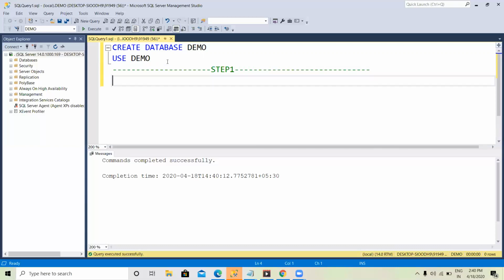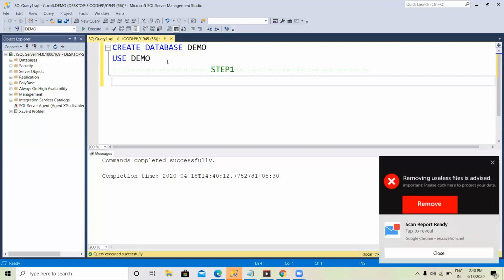Okay, let us move to the second step. In this step, we know how to create a database and how to use a database. If you want to perform any operations on a database, you have to create tables. What is the purpose of tables? I already said a SQL database is in the form of tables. If you want to store any data, you have to create tables.